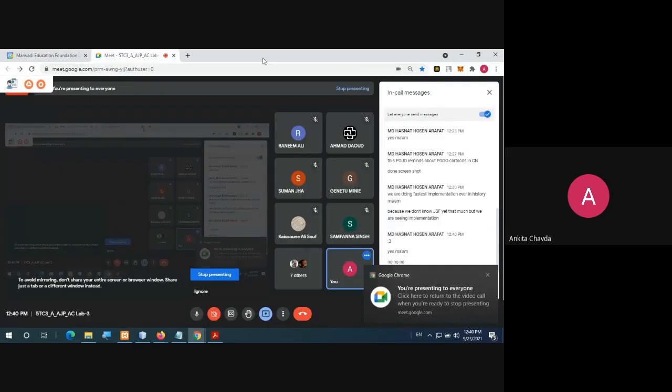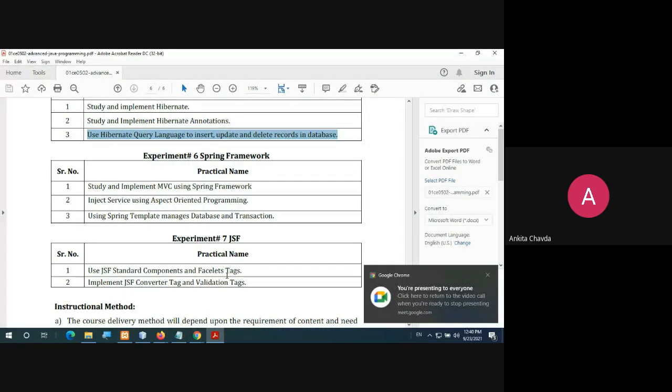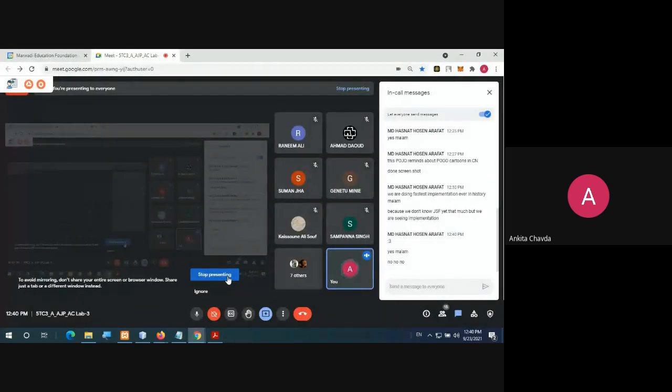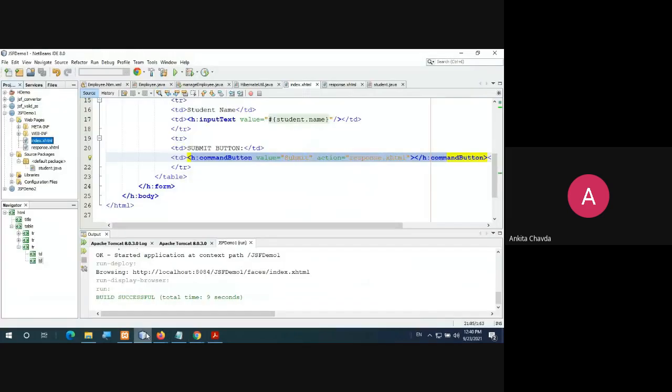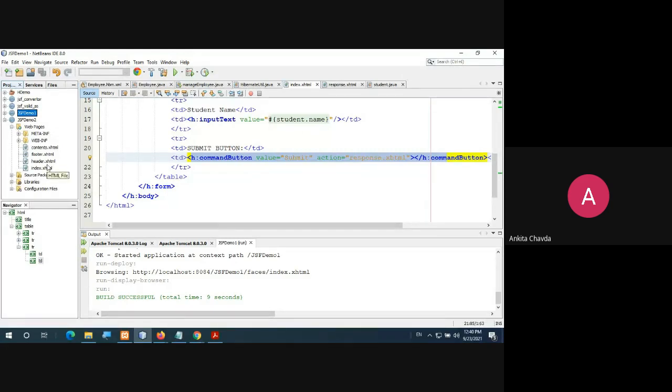Fine. So this is the first thing we have seen about the standard components, right? Now moving on to the second program, my JSF demo 2. Here I'm including everything. Suppose I have created only 4 JSF pages.